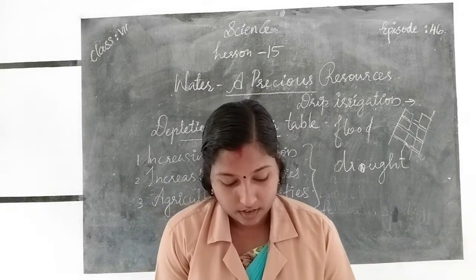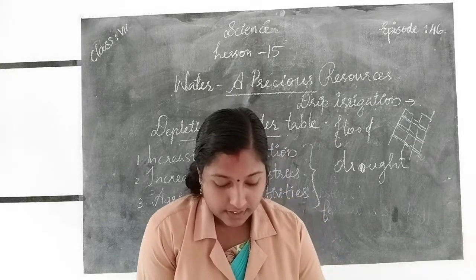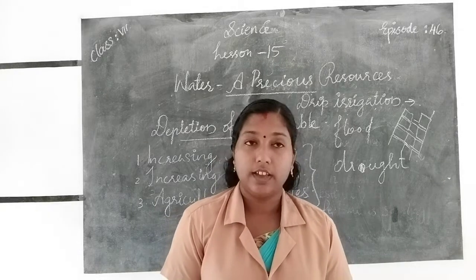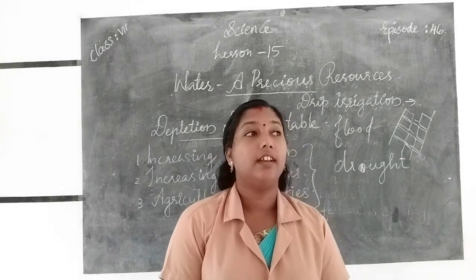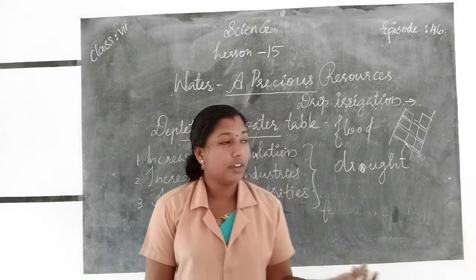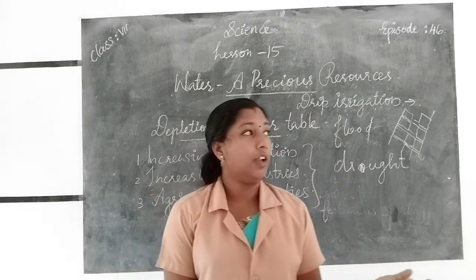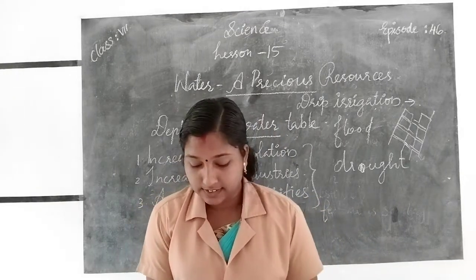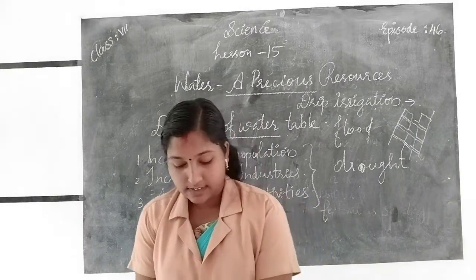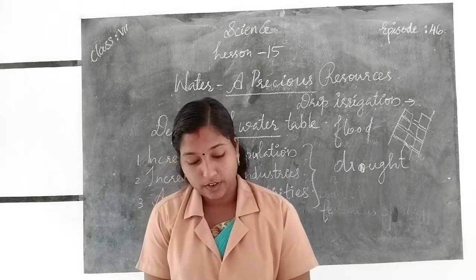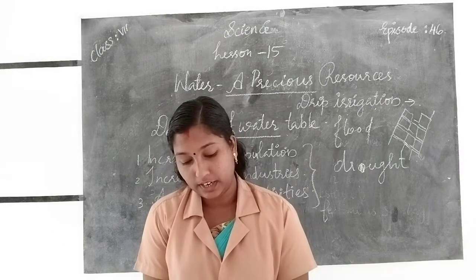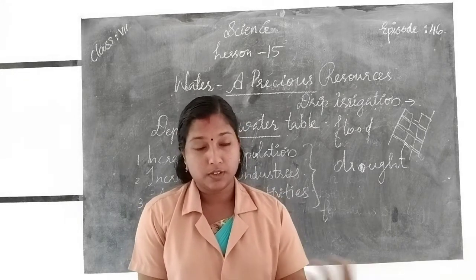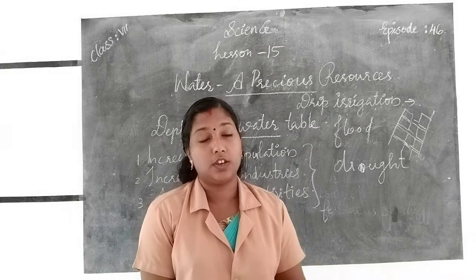Next, we learn how we can save water by turning off taps while brushing, bathing, washing, etc. Also, we can plant trees in our surroundings, which helps the earth store water during the rainy season. Okay children, next the exercise portion. Our lesson is over. You should read your textbook more and more times. It's a very simple lesson. If you read your text many times, you can answer all the questions in your own words.